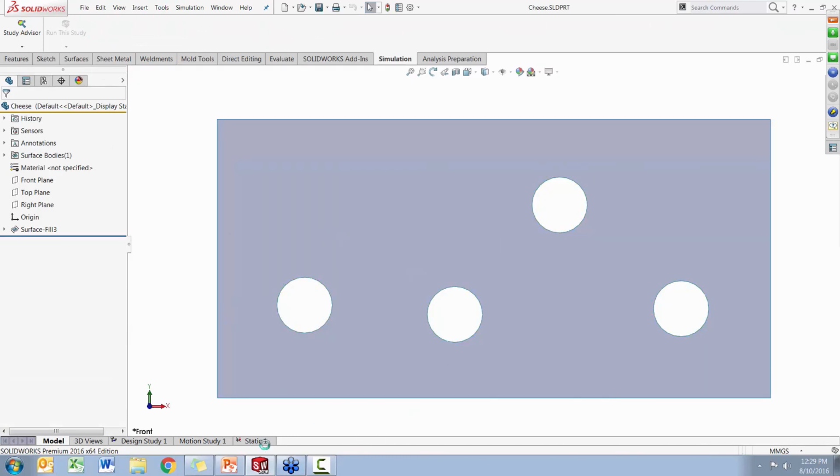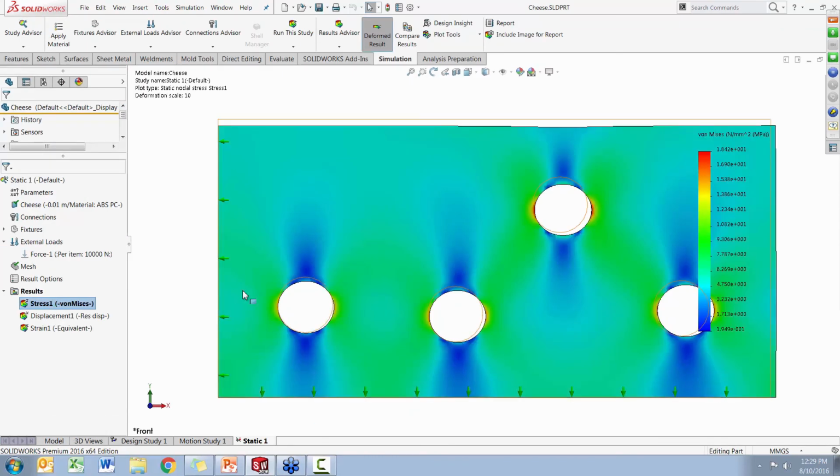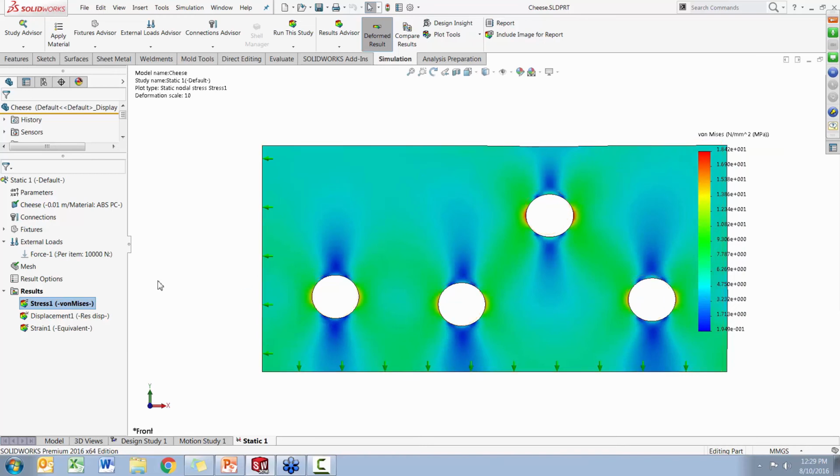So this is the initial geometry, and this is the stress distribution. We have about 18 megapascals now, indicating that we have a lot of room to play for this specific material. The failure point is about 40 megapascals. Now, what we can do with analysis is to utilize a design optimization tool that's built in to automate the variation